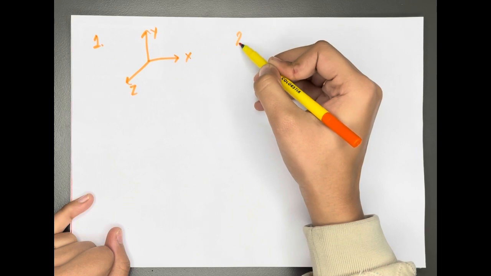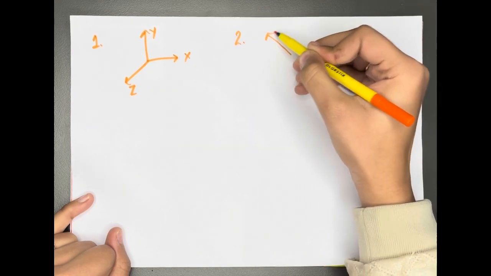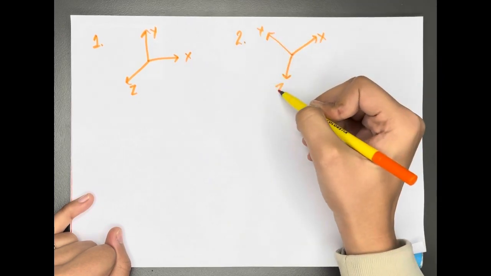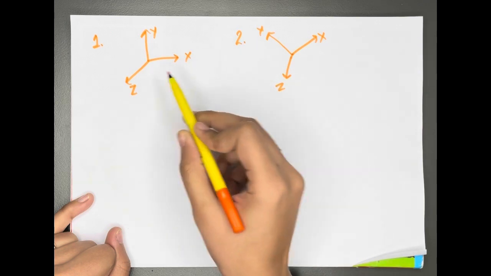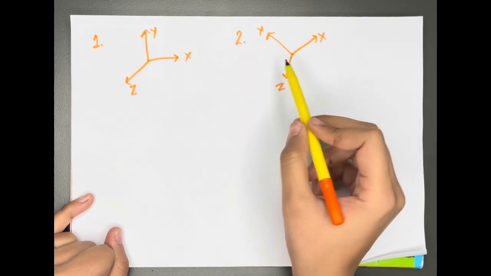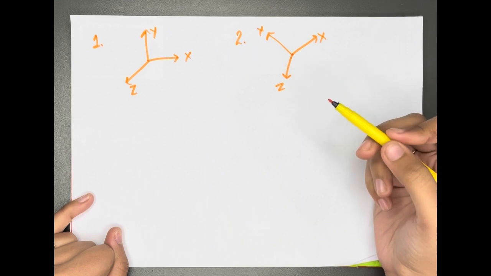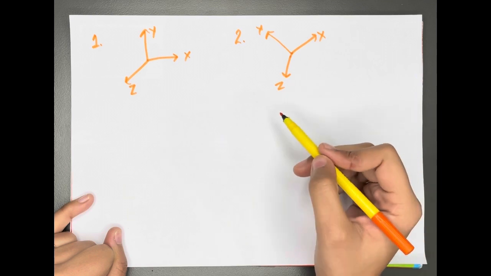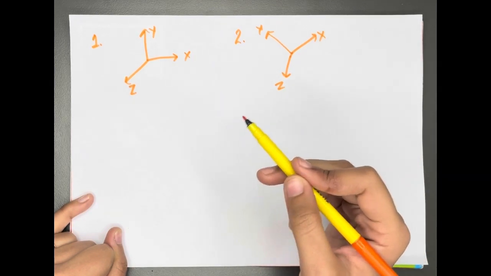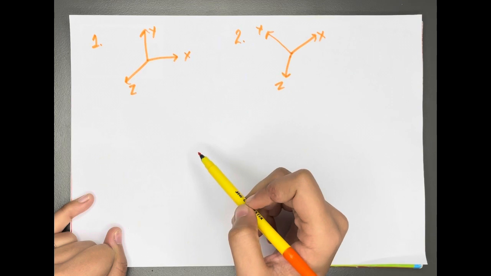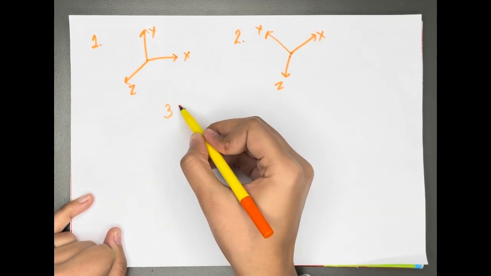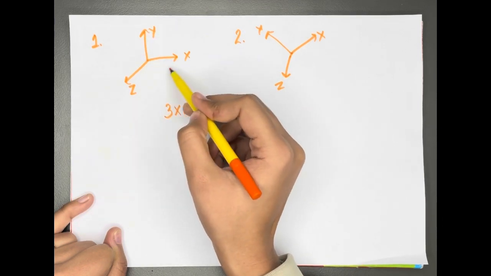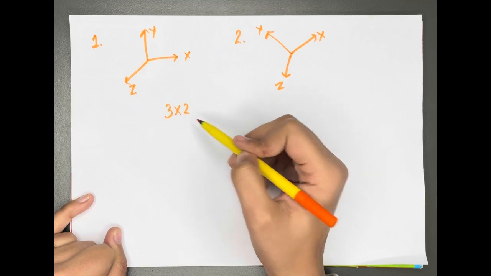Suppose we have another particle 2. It can also move in three possible directions, that is x, y, and z. I made the two coordinate axes differently because the two particles might not necessarily have the same frame of reference. Suppose we have a system of these two particles. Now the number of directions required to describe the motion of the system will be 3 into 2. 3 is the number of possible directions of one particle, and 2 is the number of particles.